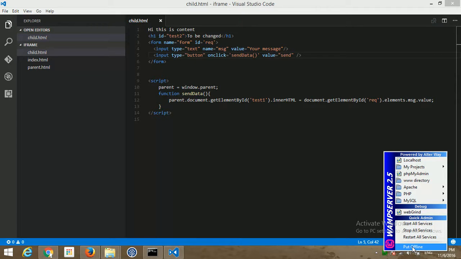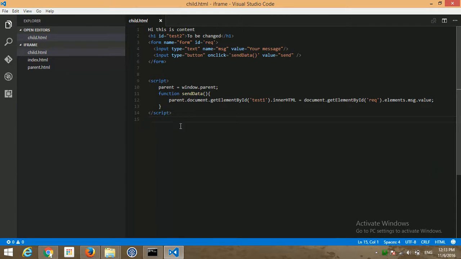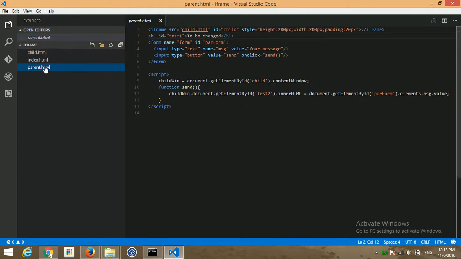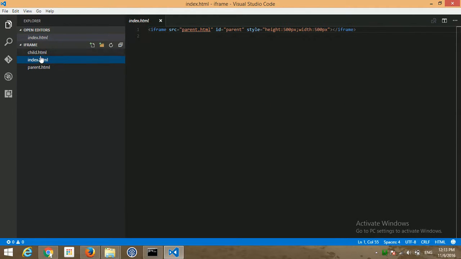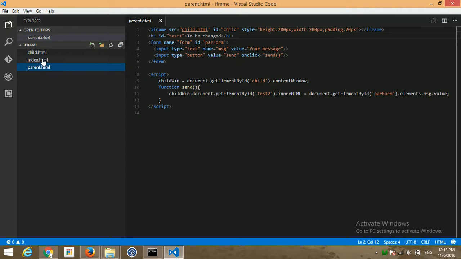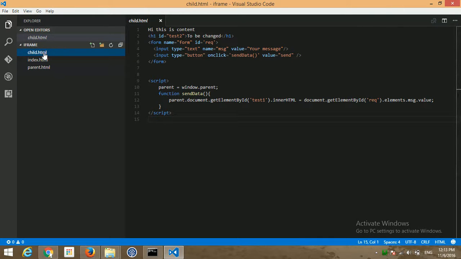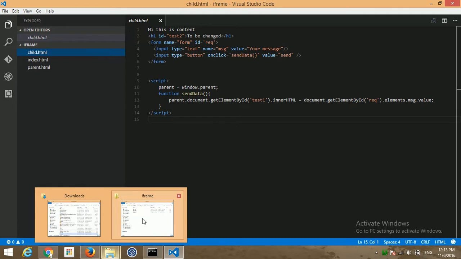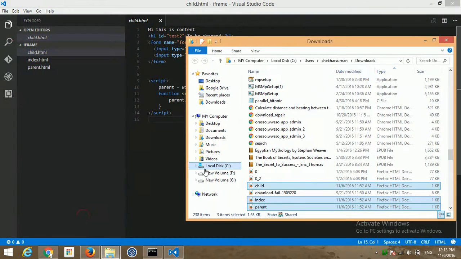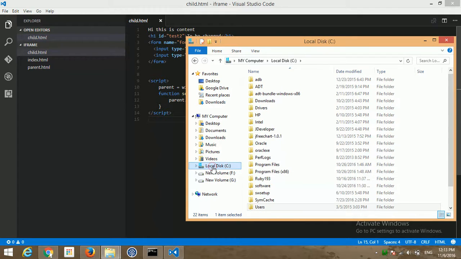So put it online. My WAMP server is currently online, and then all these files you have created, index.html, parent.html and child.html, copy all this code inside one folder where you installed your WAMP server. See, I am going to C drive.